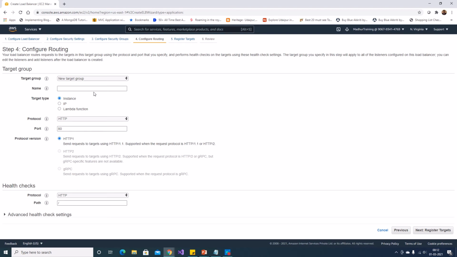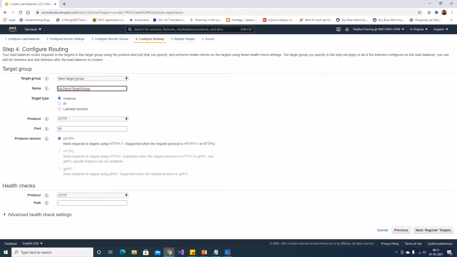So now I have to define a target group. A target group is sort of like a group of instances to which my load balancer will redirect the traffic. I don't have any existing target group, so I'll just create a new target group. I'll name it my group, and the target type in this case will be instance, because we are pointing to an EC2 instance, not an IP or a lambda function, but we have additional options if we want to select a lambda or an IP address. For protocol, I'll keep it as HTTP, port as 80, protocol version will be HTTP1 by default,